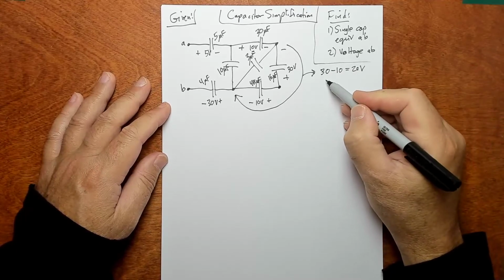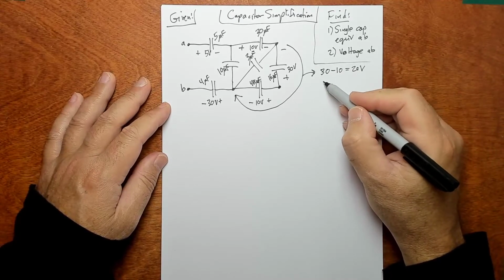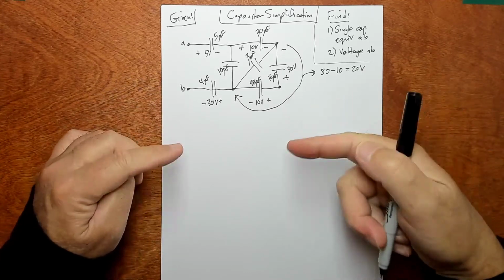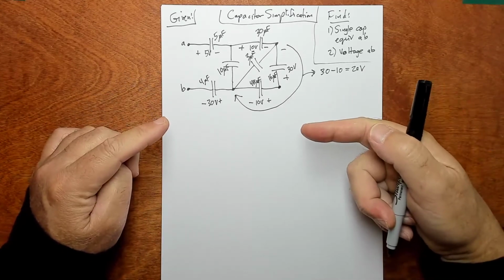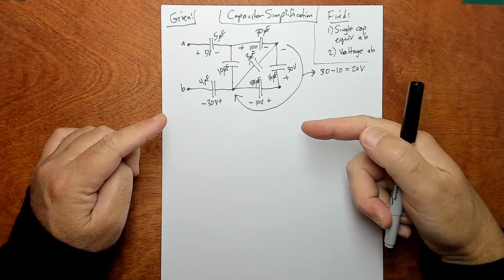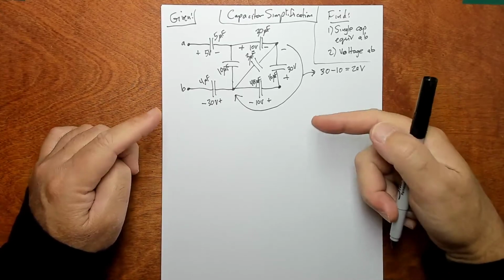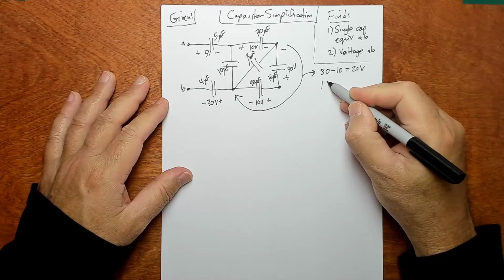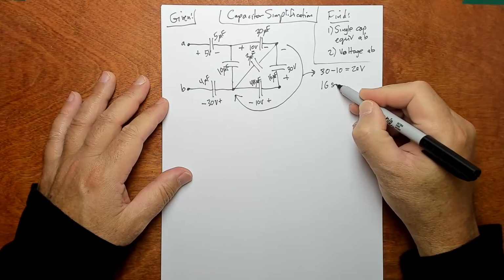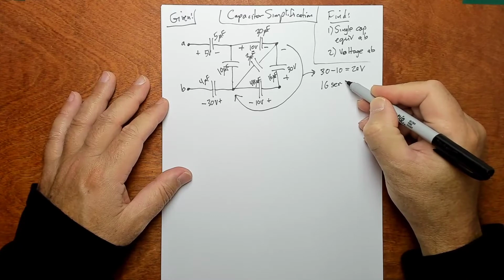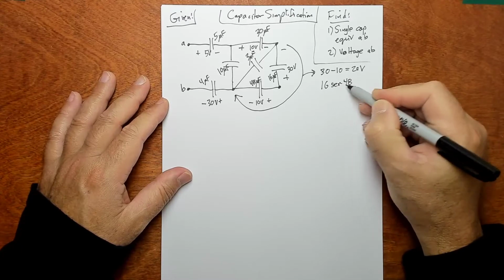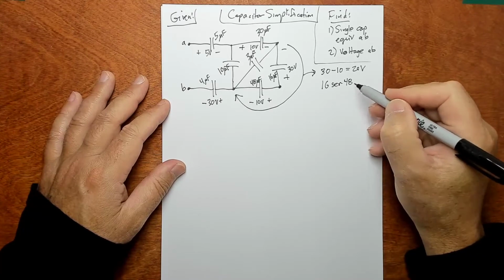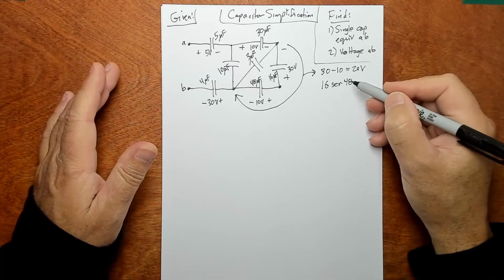Then let's combine the capacitors. So now we're doing capacitor simplification, so the rules are flipped over from resistor simplification. You treat parallel like series and you treat series like parallel. So I have a notation for that. I'm trying to simplify a 16 in series with a 48. So I write SER, and it's really just the product over the sum. This is just a notation that I like to use